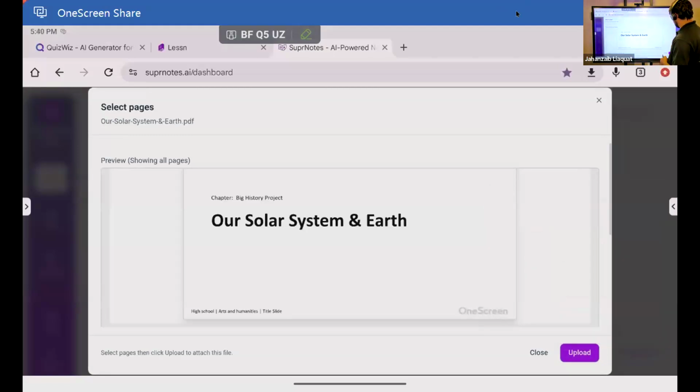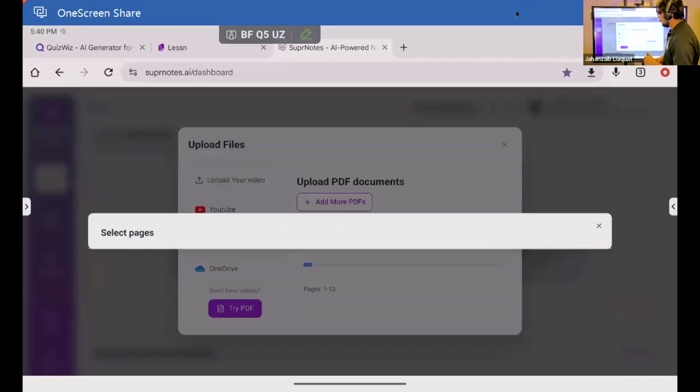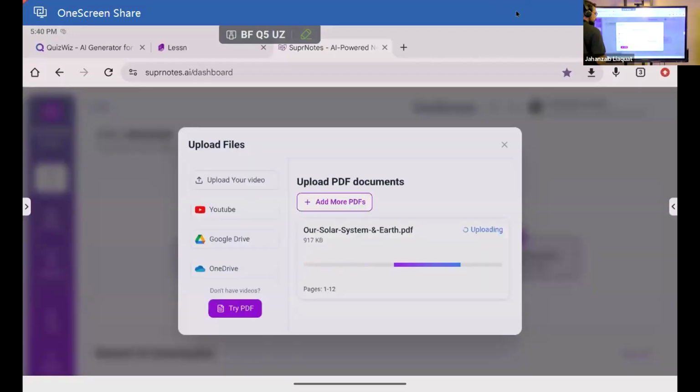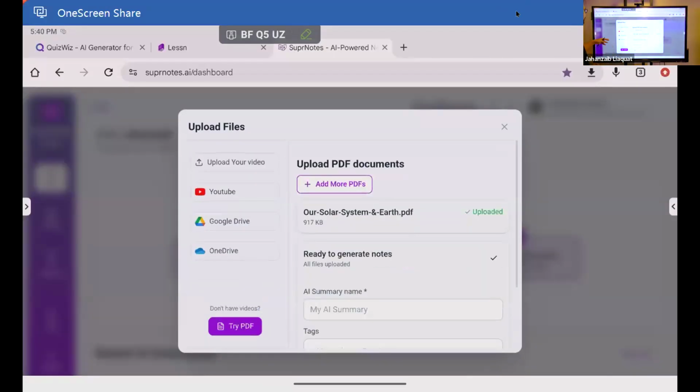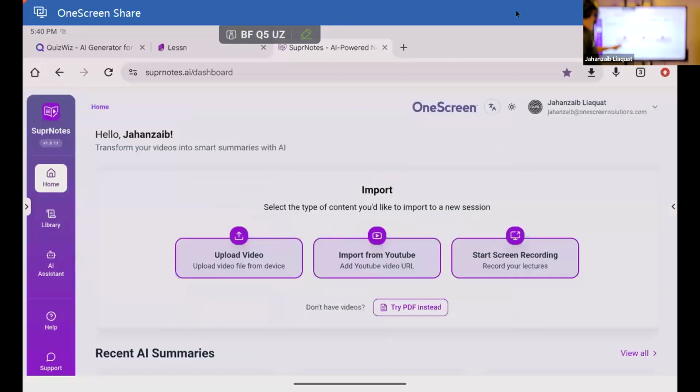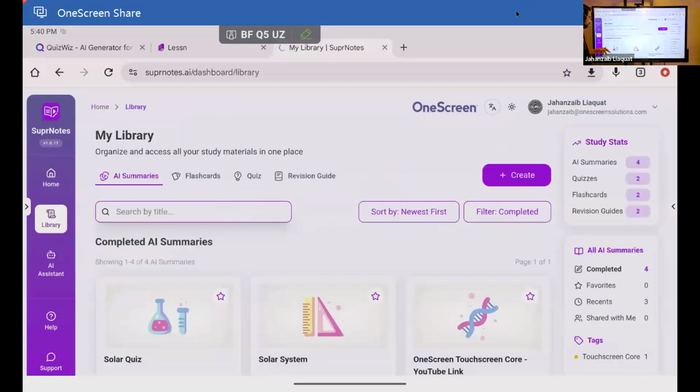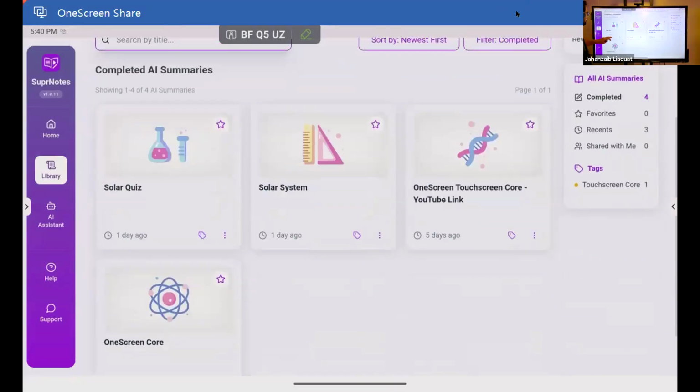Okay, hit here and click upload. This will be uploaded. Just to save time, I already have a few of the things that are created in the SuperNotes. Just go to the library side and I will show you the AI summaries created about the solar systems. For example, if I click here,